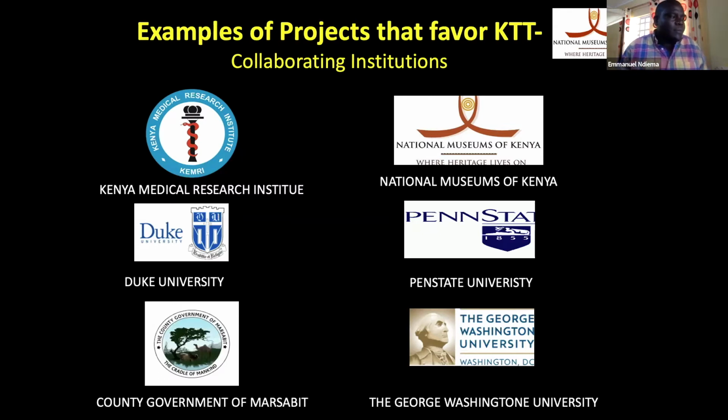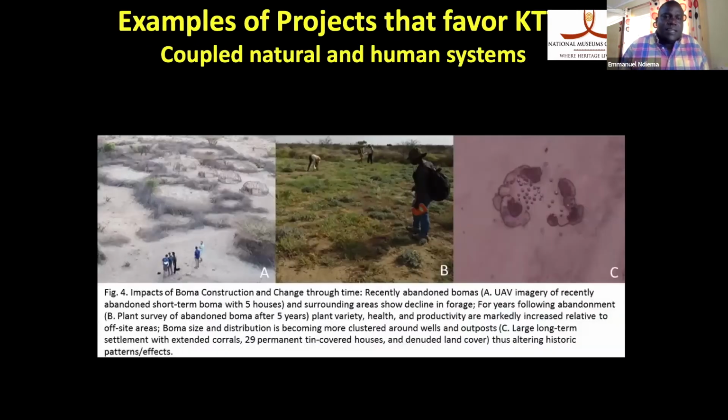One of them, Kenya Medical Research Institute, Duke University, County Government of Marsabit, NMK, Penn State University, and George Washington University. So all these are groups that are coming together, working to understand the dynamics of the long-term changes. And among the aspects that we look at is how we can understand the impacts of abandoned homesteads, how these pastoralists creating their homesteads across the landscape actually plays a critical role in